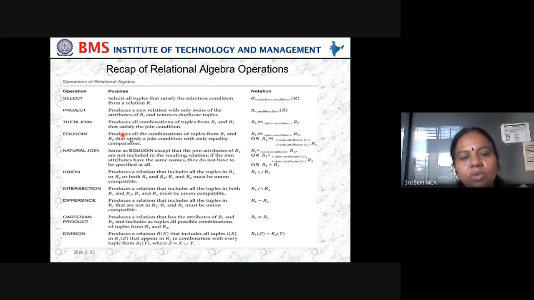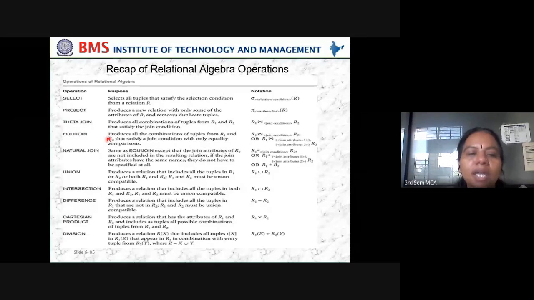Equijoin produces all the combinations of tuples from R1 and R2 that satisfy a join condition with only equality comparison. You can join any attributes of R1 with respect to R2. When do we say equijoin? When we are using an equal operator, we call it an equijoin.